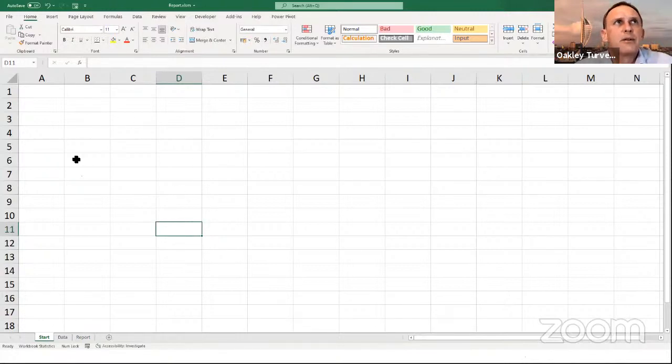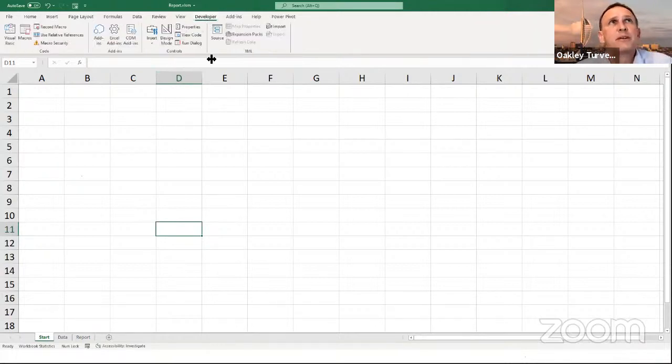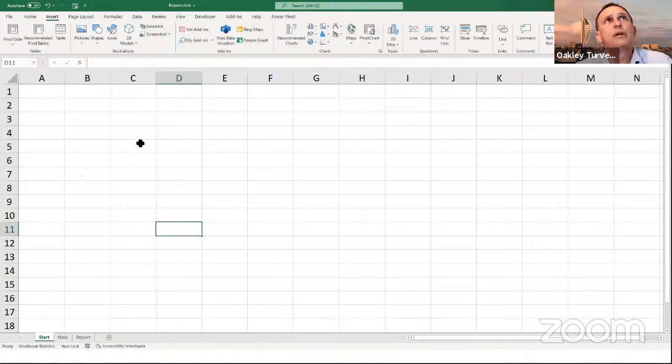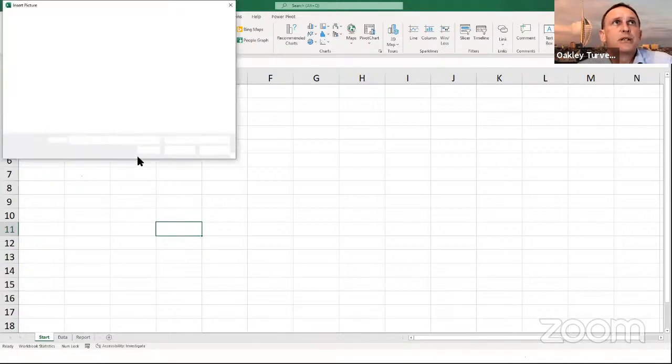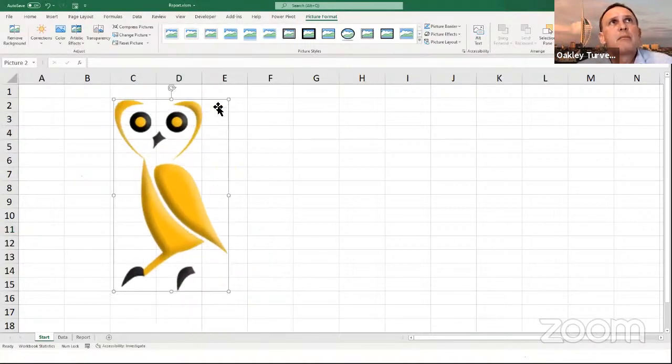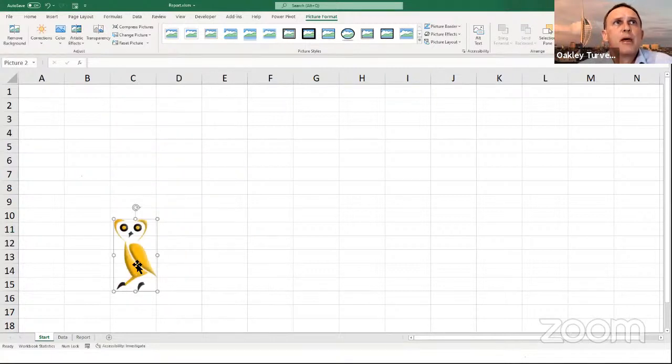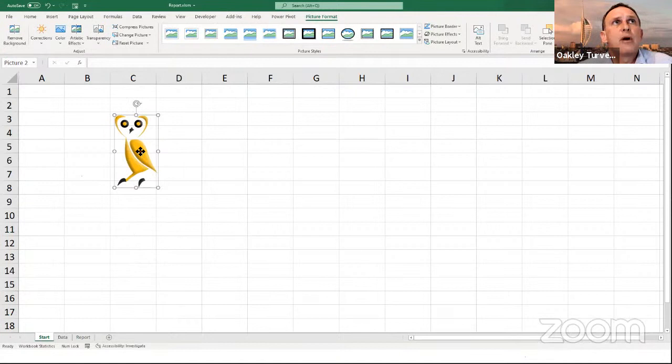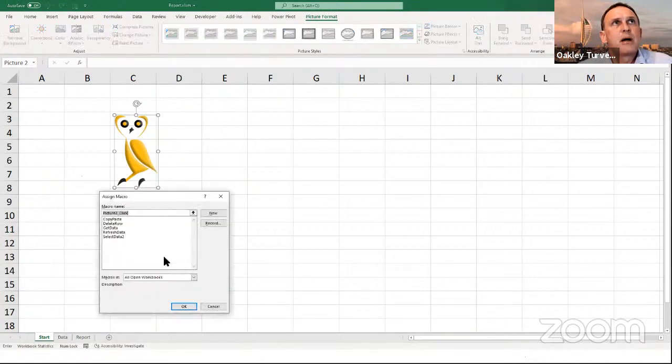Well, we're going to put a button on the screen that's going to run the macro. So we can either put, well, in fact, we can use any object. So we can either put a button on here from the developer ribbon. This is what people used to do, is say insert and choose a form control and choose a button from here. And you really don't need to do this, because what you can do is you can insert any object. So you can insert a picture. And if I say just insert a picture from this device, and I'll find that picture and put it on, that picture, I can now make the object that runs my code. And the way we do this is by simply right-clicking on it and say assign macro.